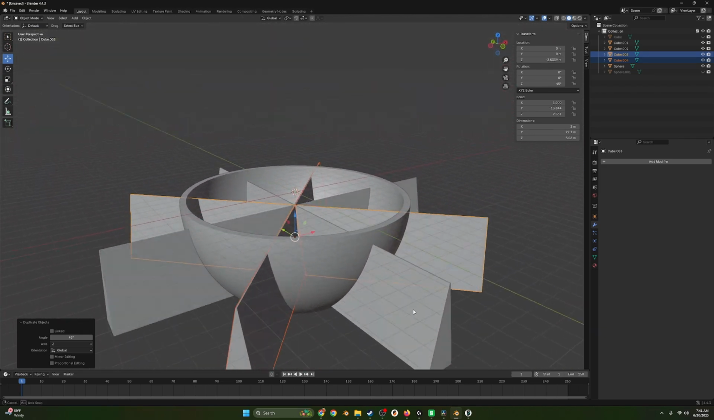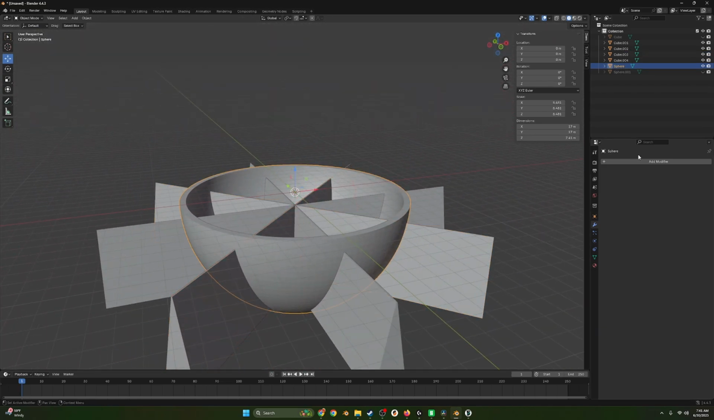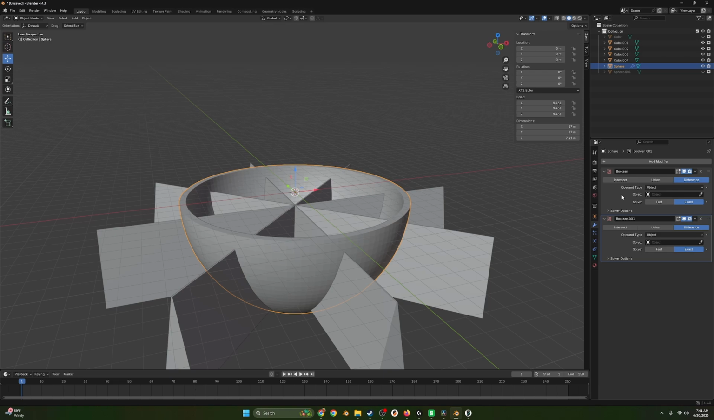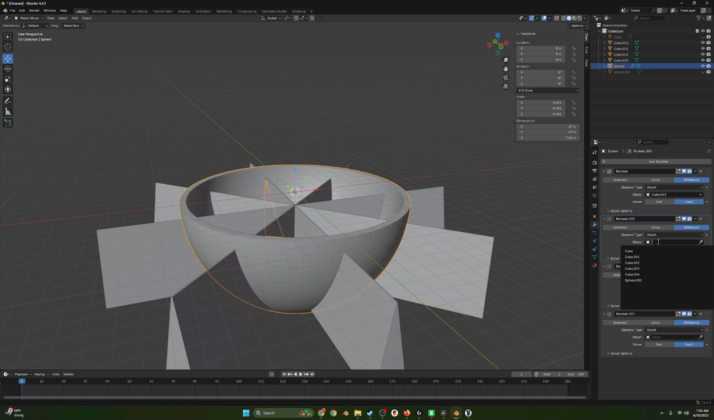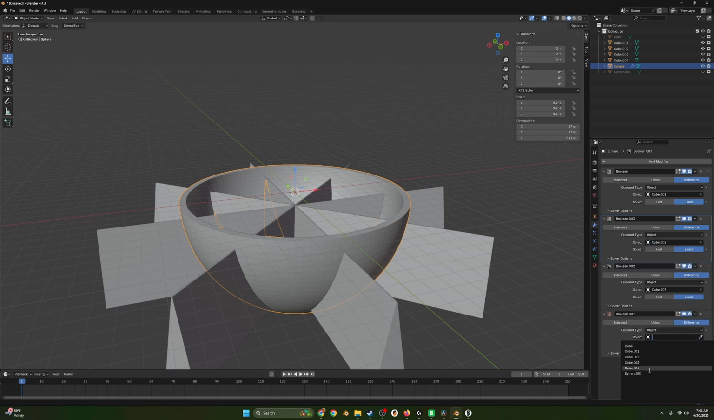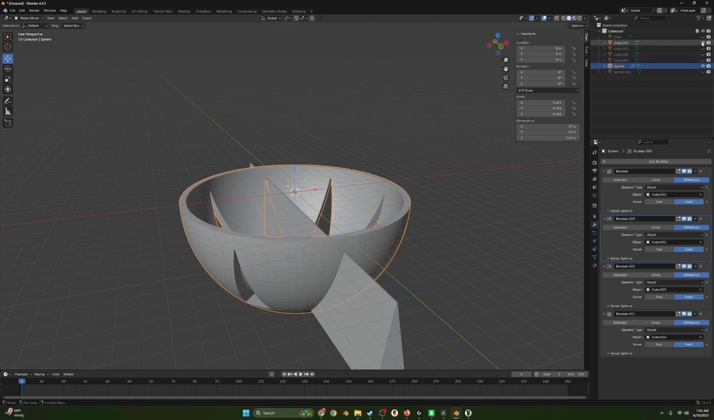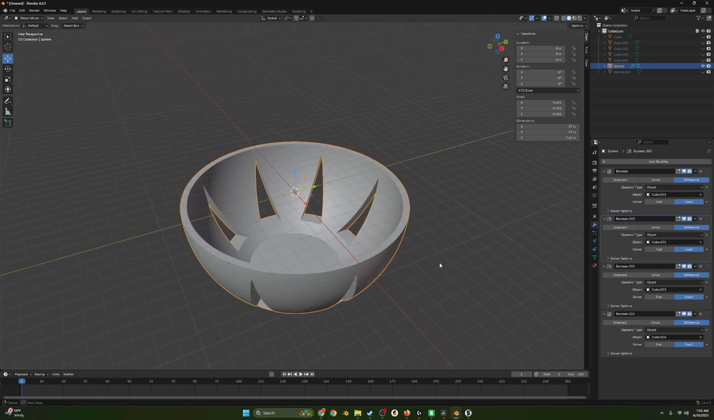There's 4 cubes now. So we're going to select the bowl, generate a Boolean, and we're going to hit Shift. Is it Shift D? Yeah, Shift D to duplicate it 4 times. And then we're just going to go through and pick all 4 of the cubes, 3 and 4. And then we can hide all of those to see that we now have shapes alongside the